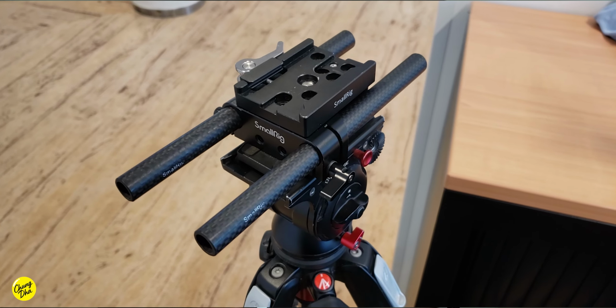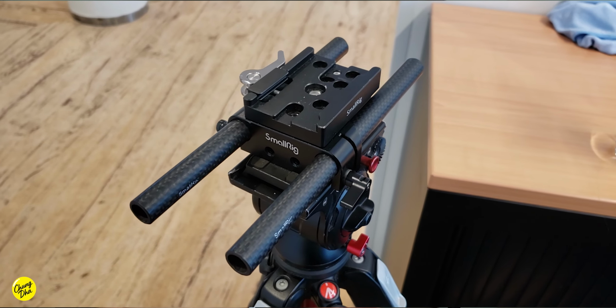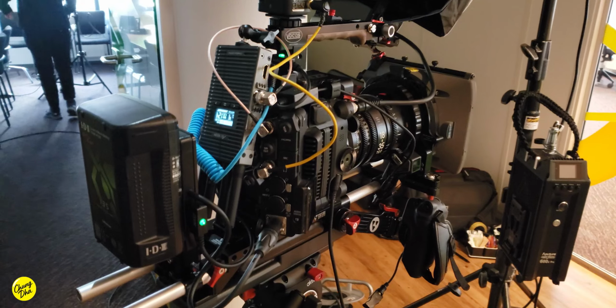But I do have to say, due to a lot of the parts on how it's rigged with the rails, those parts take a lot of time to set up at the start of the day, and also to break down at the end of the day, because you can't just lift this up and put it into a single case. And that is the only drawback with this setup compared to if you would have an Atomos Sumo with just a receiver and a